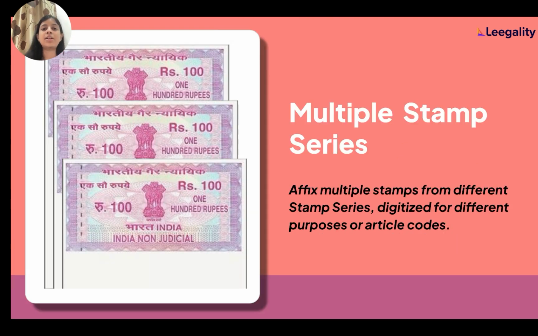Let's move ahead. The second feature we want to talk about is a feature that we have built recently. This came as a request from a few clients. To attach a stamp from other series to the same docket, they had to create groups previously as a hack. There was no way to use different stamp series to affix stamp paper on the same docket. This gets fixed with multiple stamp series. With this, you can affix stamps with different purposes, added to different stamp series, to the same docket.